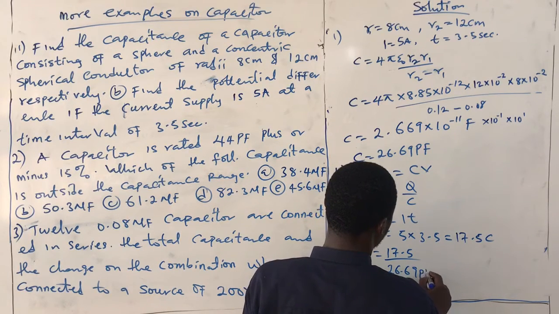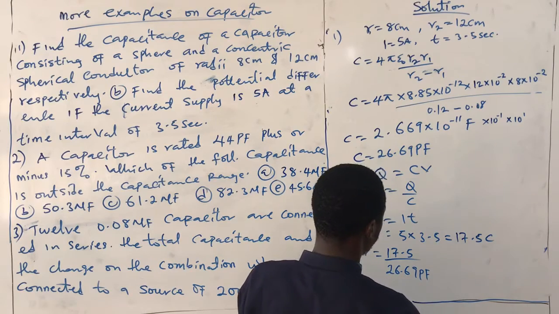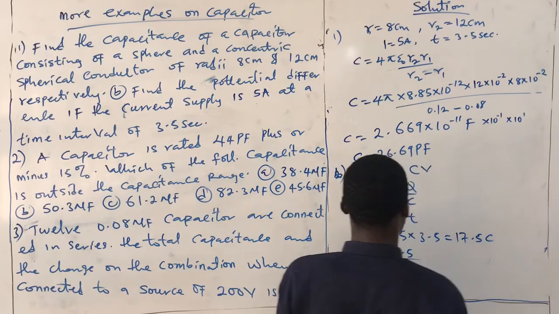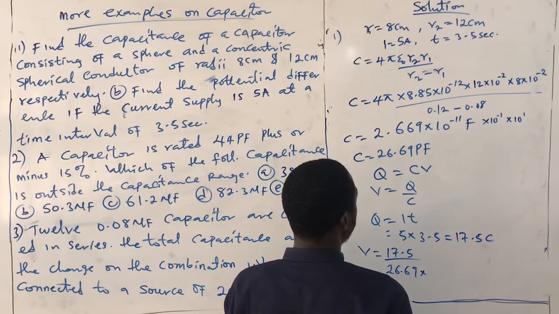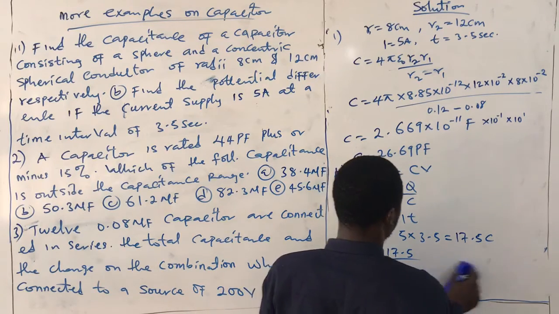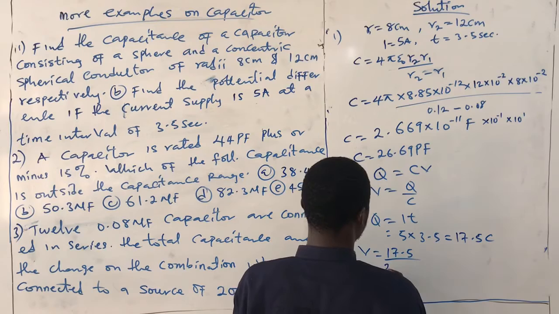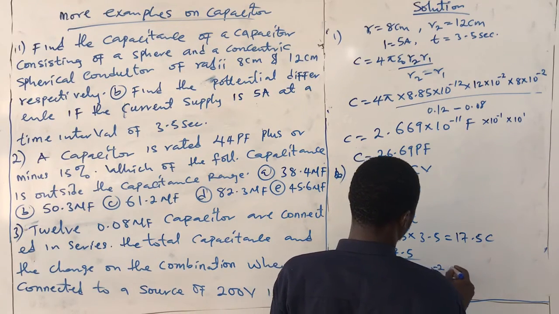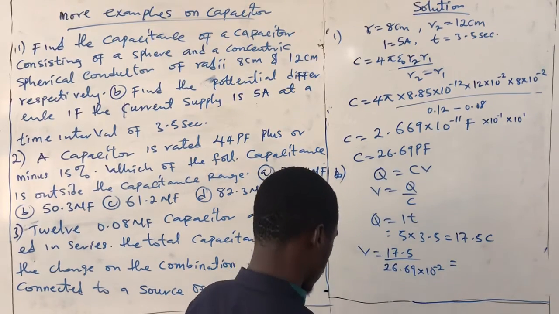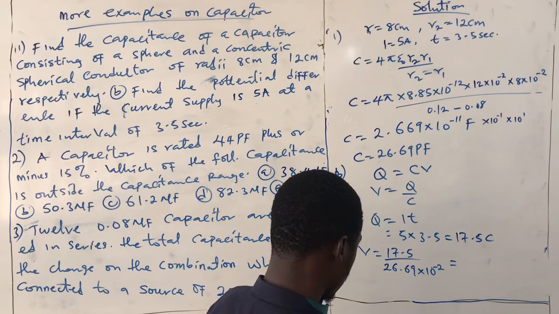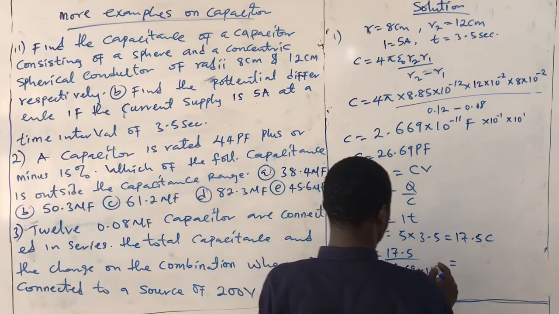Now, by substituting this, we are going to have 17.5 divided by 26.69 picofarad. So let's just remove the pico, so let's say times 10 raised to power minus 12. We can use our actual answer, which is 26.69 times 10 raised to power minus 12, which is now equal to